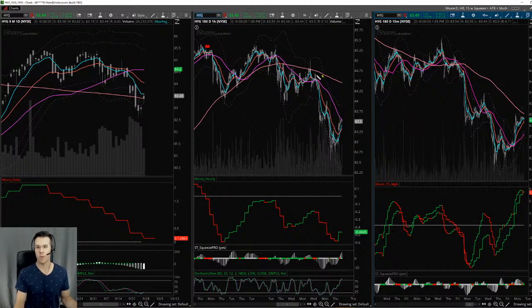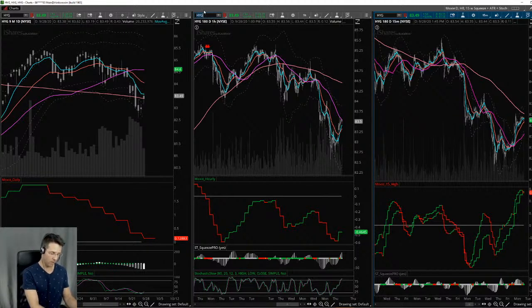Kind of like right back here. You see how price could not hold the hourly 50, and so it went further down. That's the stuff that I look at. That's how I do it. And then you can see here price ran right into the underside of the hourly 50. So really it's all about these moving averages. And we're in these transitional things. We look at something like this HYG. It's at an oversold point, so it's bouncing, but it could keep going lower because it's not in an uptrend yet. It's definitely not in an uptrend yet.